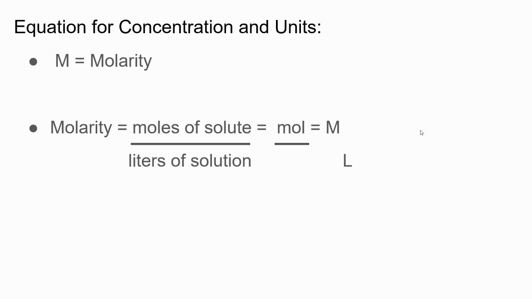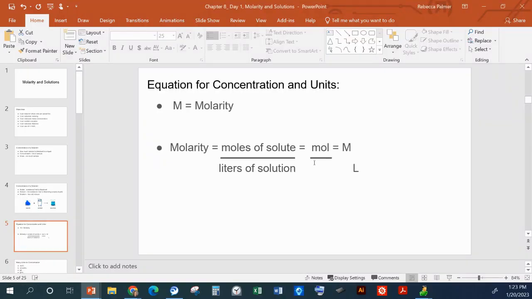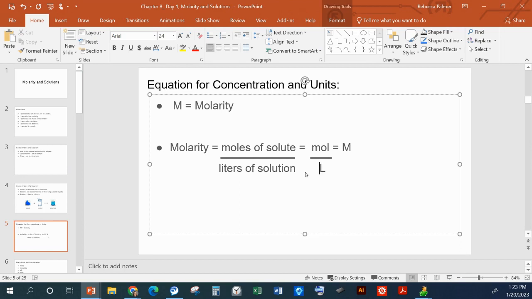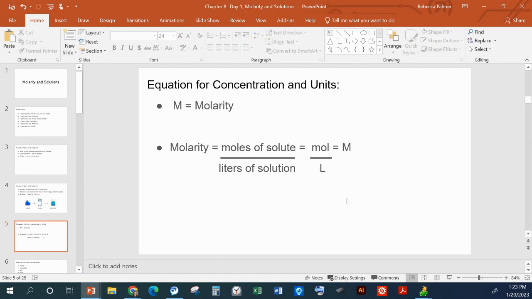I think we talked about this one time. If this looks vaguely familiar, we talked about this once. Big M is molarity, so don't use big M for moles. They're different, okay? Make sure you keep those straight. Molarity is the moles of the solute over the total liters of solution, or the total volume of the solution. My equation got messed up; this L should be under here. Let me see if I can fix that. There, that L should be over there.